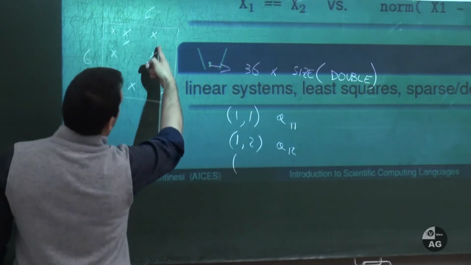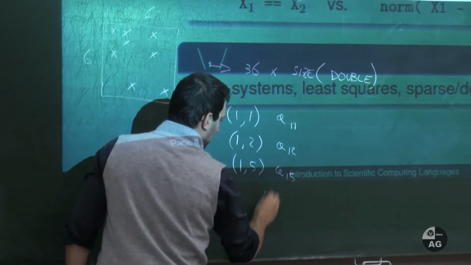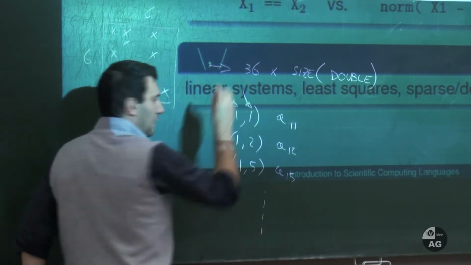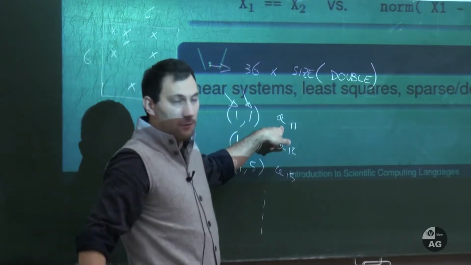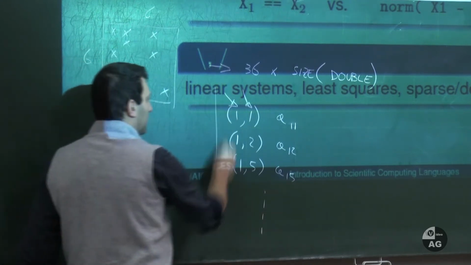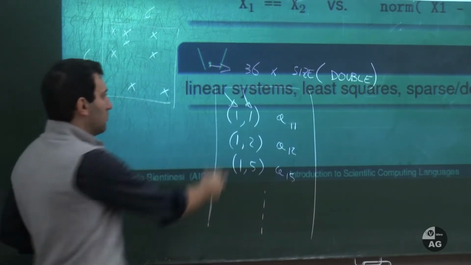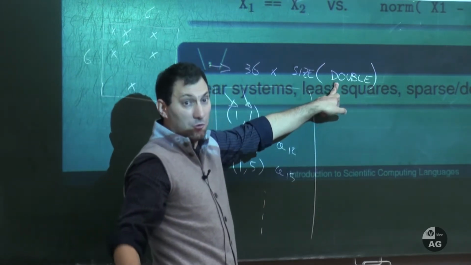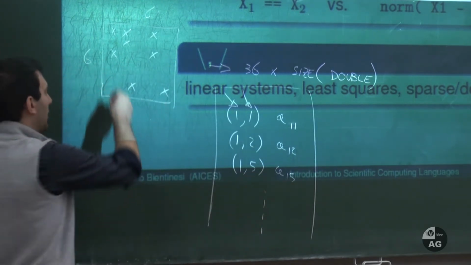Then would be, what is this? 4, 5, 1, 5, and so on. Notice that these 1 and 1 are integers, so they take less space than a double. There will be a point when storing a matrix like this becomes convenient over storing simply a bunch of doubles. Remember that when you store a matrix as doubles, you don't have to keep track of where these numbers are. Everything is just in a row, and by